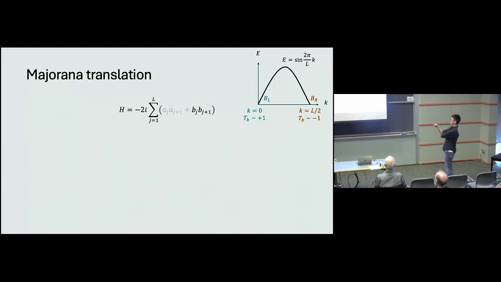So let's take a look at the Hamiltonian, written in terms of the real fermions. Since they decouple, for the moment, let's forget about the A fermions and focus on the B fermions. This is the dispersion relation. The energy is just a sign function of k. On this end of the Brillouin zone, near k equals 0, you'll get a bunch of left movers. So some people might be wondering, why do I call this left mover? It looks really like a right mover. But this is really because of some inessential sign convention that we pick.